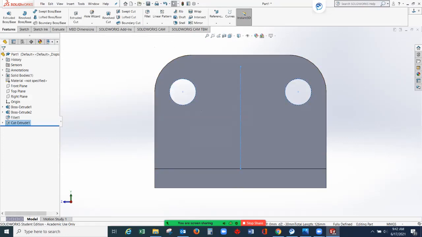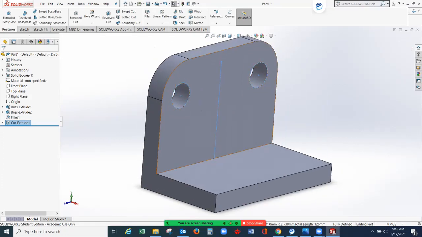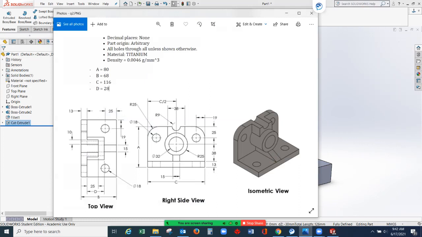So if you will just check it, we have two holes here. So remember, all holes are through all. It means it is extended all throughout the part. So let's check our drawing again. So we have here the circle. Now from here we have two circles on the middle. Okay, so it looks like a cylinder. So we have two